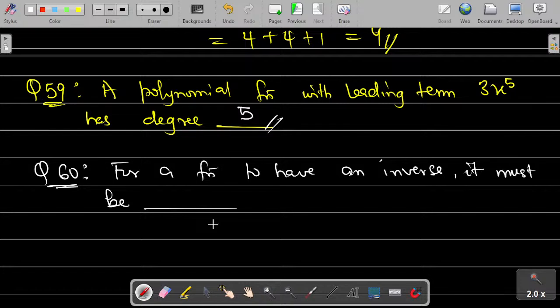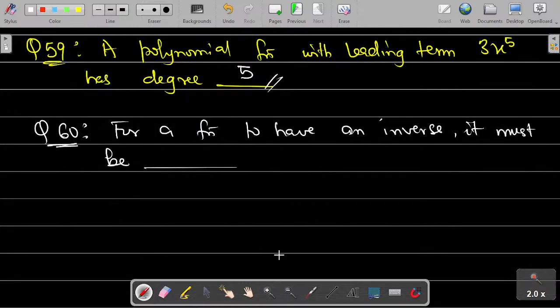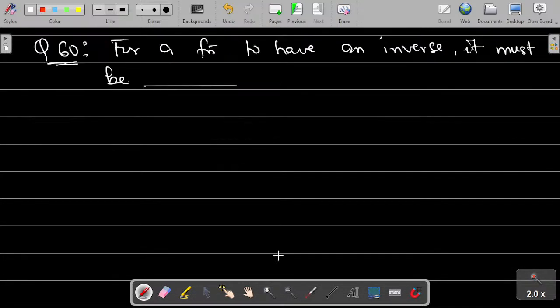Okay, but of course the process of determining the inverse of a function, you can use that to also define what will make a function to have an inverse. That means you can actually write the independent variable as a function of the dependent variable. Okay, so that is important. So we can just say it must be invertible here, although I will come back to this. Okay, so let's go to the next one, which is